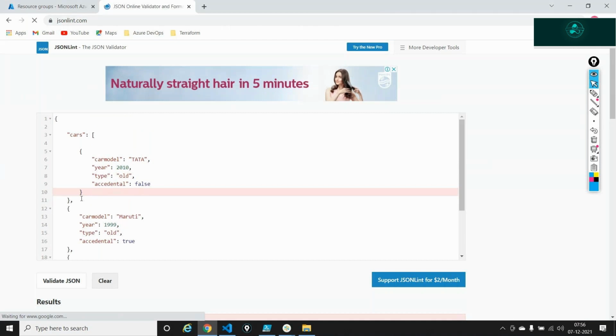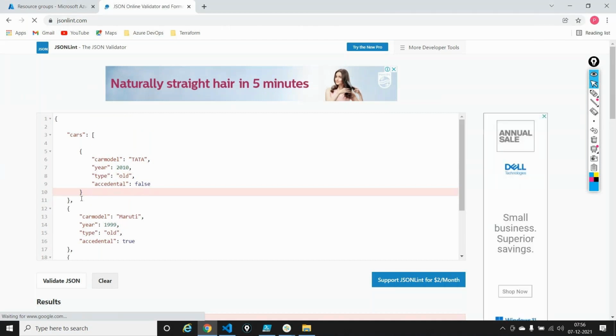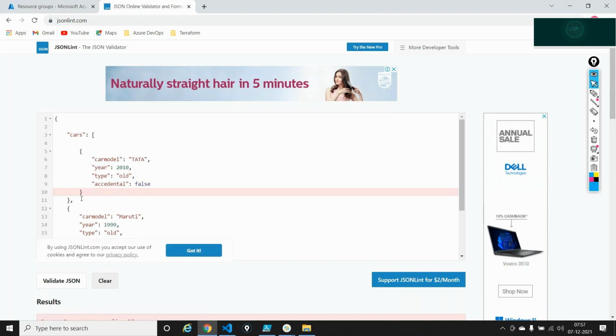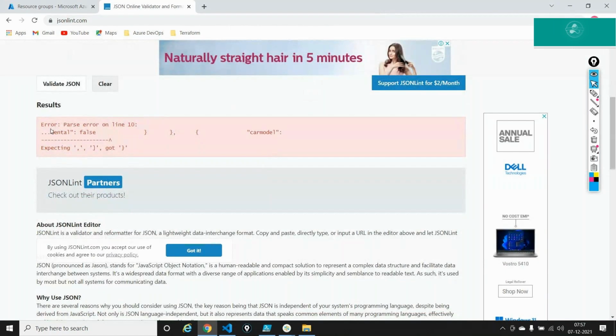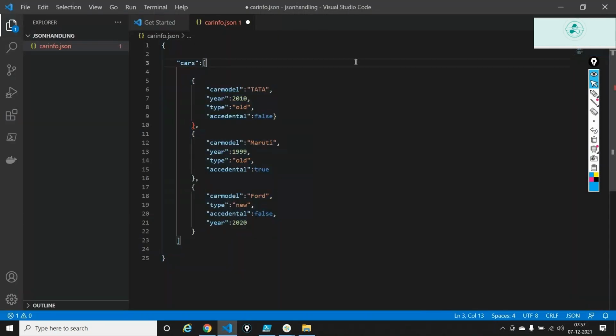It's giving you the exact line where you have the error, telling you, okay, this is the line where you're making an error. This is an additional bracket, and I'm not expecting something. If you go down here, it's saying error parse, and it's not able to parse it. And even if I save this data, be adamant and store this data out,